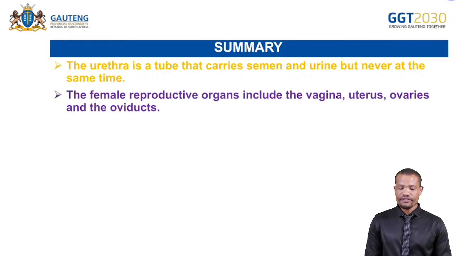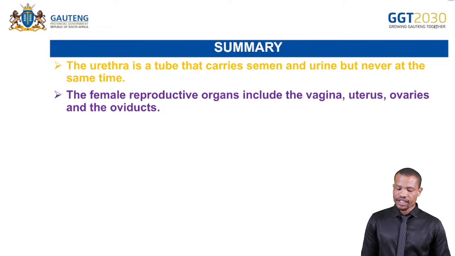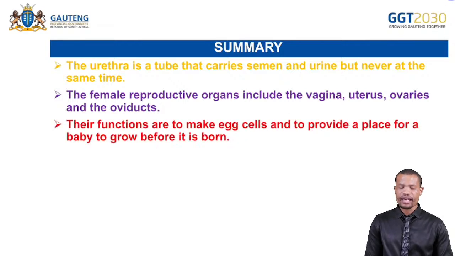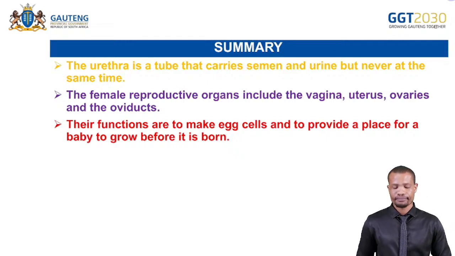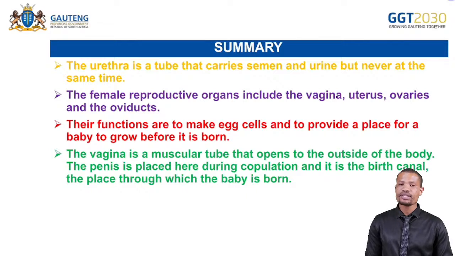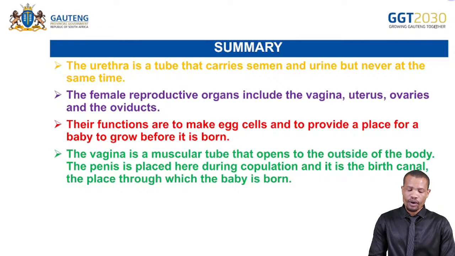Moving on. The female reproductive organs include the vagina, the uterus, the ovaries, and the oviducts. Their functions are to produce egg cells and to provide a place for a baby to grow before it is born. Next, the vagina is a muscular tube that opens to the outside of the body. The penis is placed here during copulation, and it is the birth canal, or a place through which a baby is born. Okay,